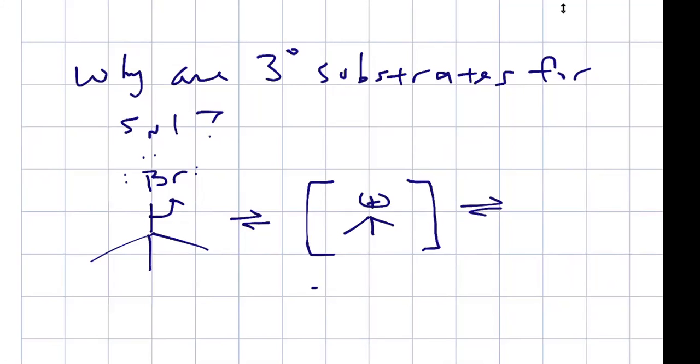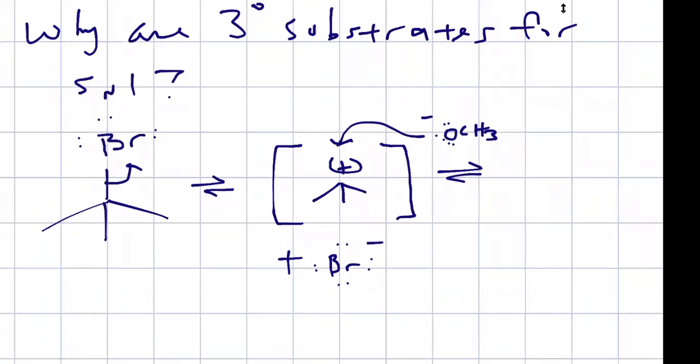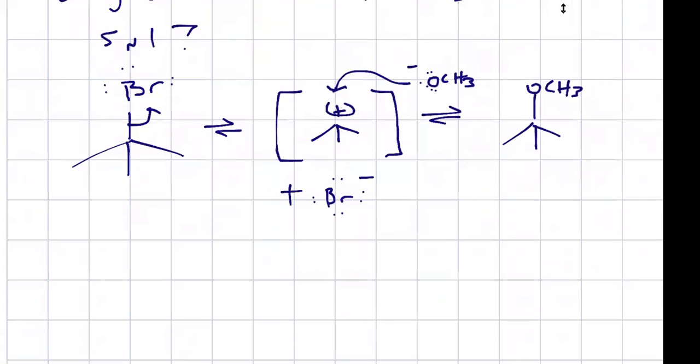I'm going to put the bromine down here. Right? And then my nucleophile is going to attack like so, boom. And then that's going to give me my product. Right? So the mechanism is stepwise, and you always form this carbocation intermediate. So the more stable the intermediate,